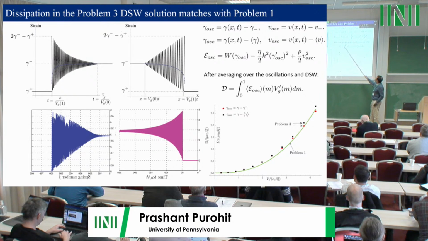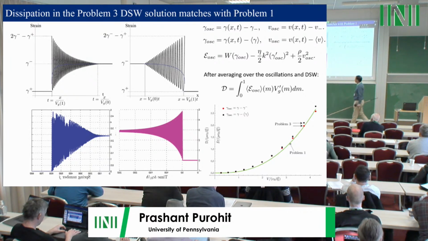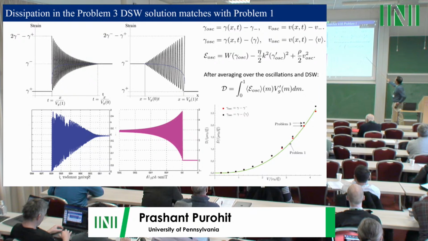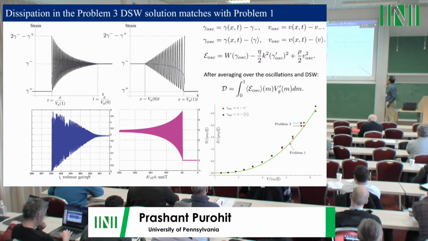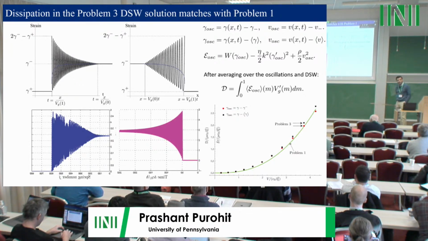And the average dissipation is obtained by doing this average from m equal to 0 to m equal to 1, basically from the leading to the trailing edge of the dispersive shock wave. There is no need to go behind because here the strain is constant. Okay, so then we plot that dissipation coming from problem 3 now, and we have two different versions of the gamma oscillatory and V oscillatory, which are written up there. Those appear as either squares or circles, and the plot from the continuum formula of problem 1 is this green line that I have shown here. Okay, and once again, we are obtaining some very nice agreement between the two.